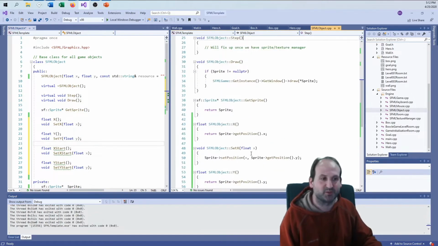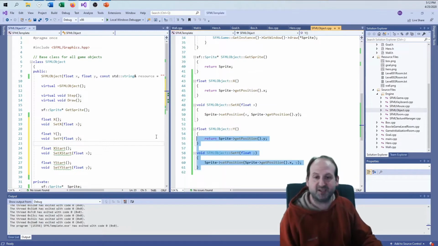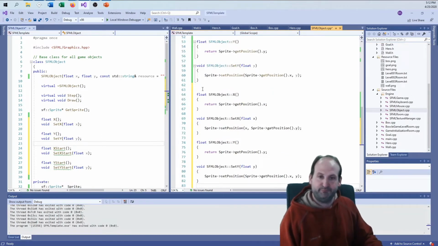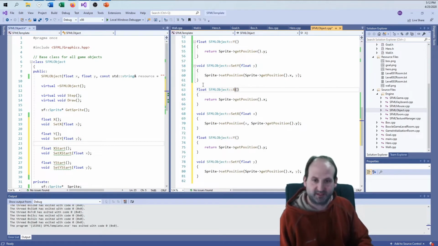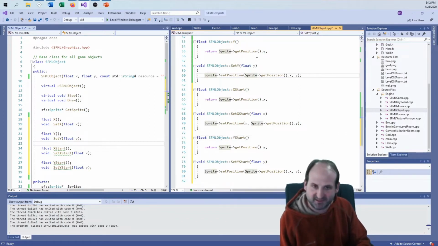We're going to do this one more time with the previous as well, and we do need previous for collision check. So I'm only doing the ones that matter to us. I'm not just doing these to spin our wheels. Okay, so then X start, let me just throw the word start in front of all of them. So instead of setting the position here, I am going to say